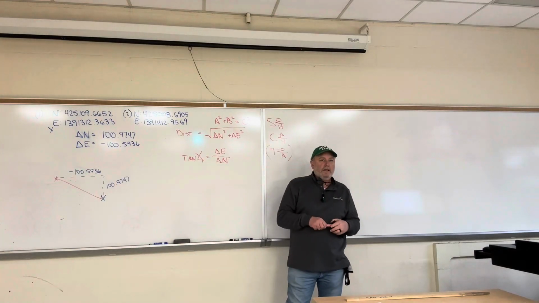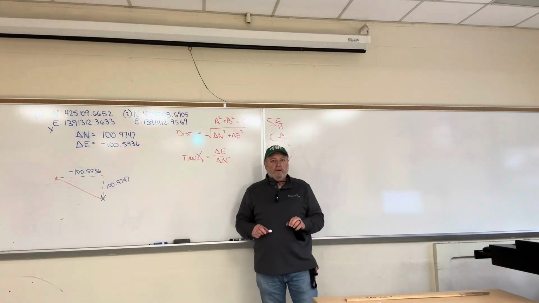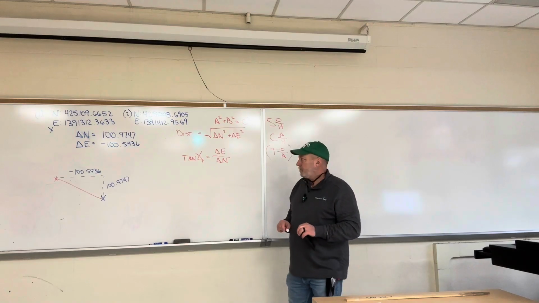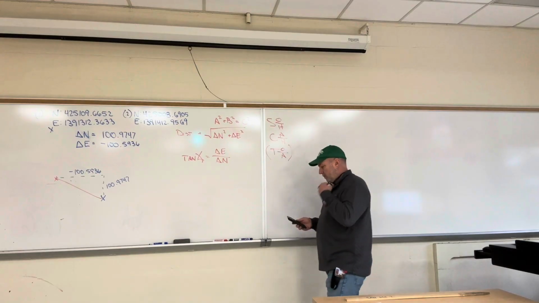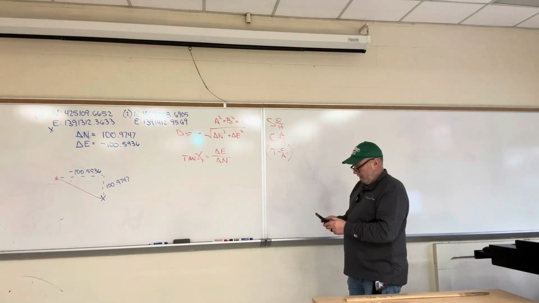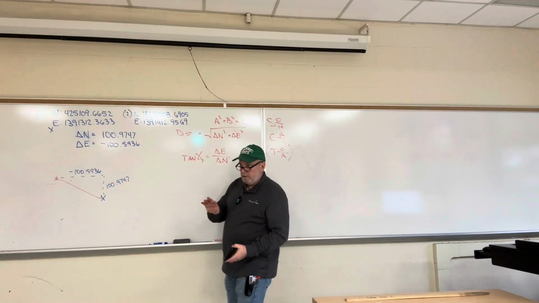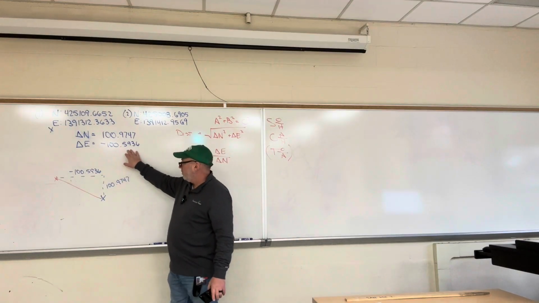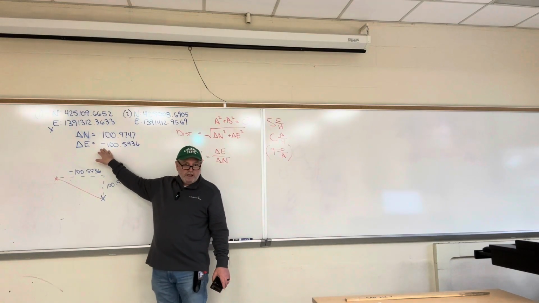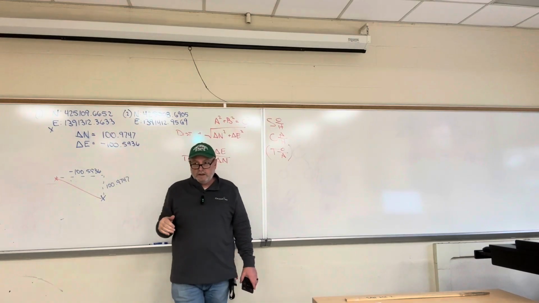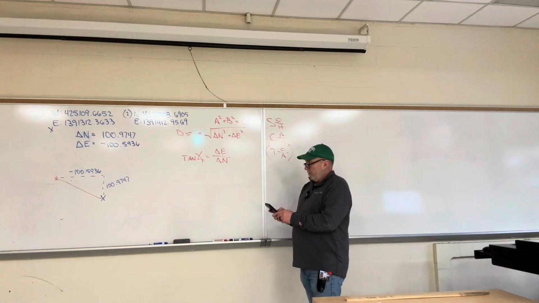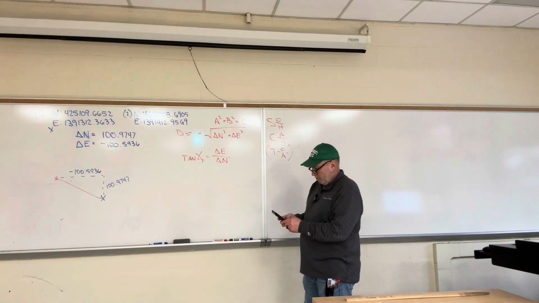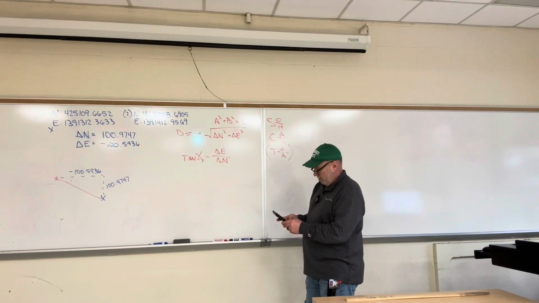We can calculate the bearing and distance pretty easily now, right? We do not take the absolute value. That was mentioned before. Whatever we get, either positive or negative, that's going to help determine what quadrant our bearing is in. So do not take the absolute value. And if I do my math,